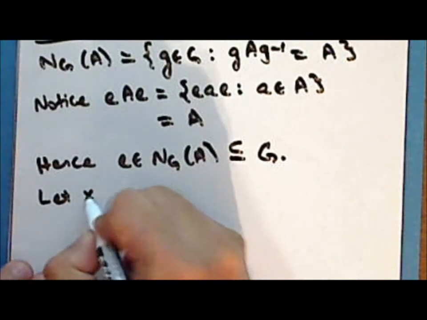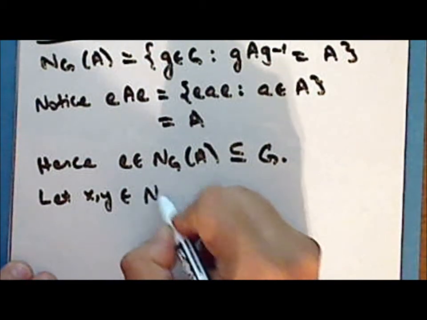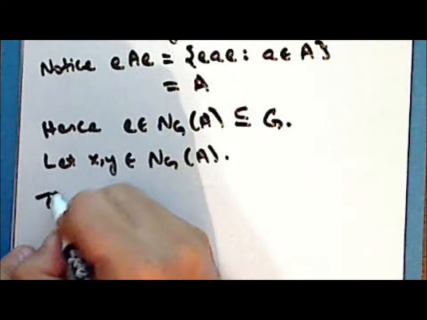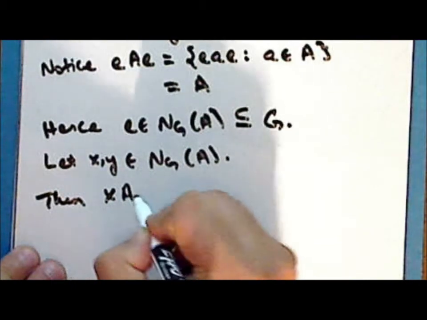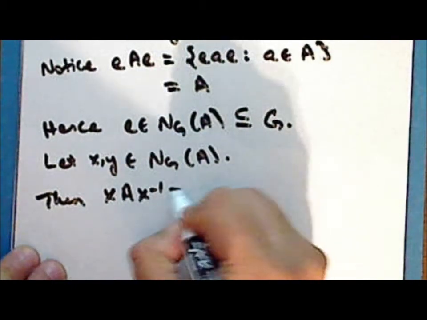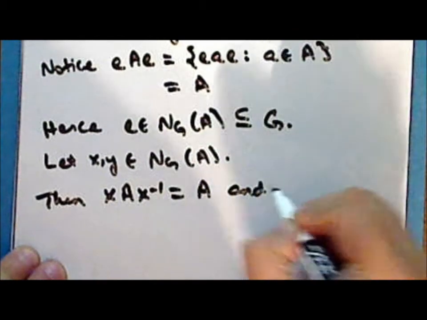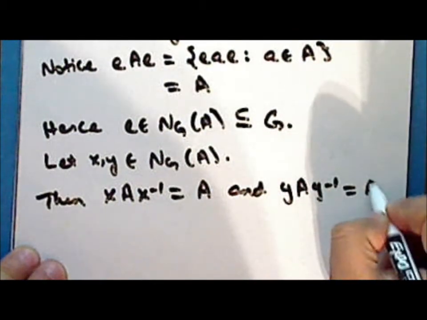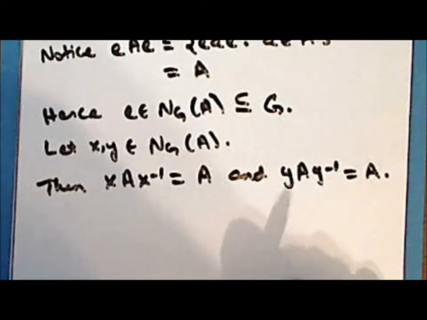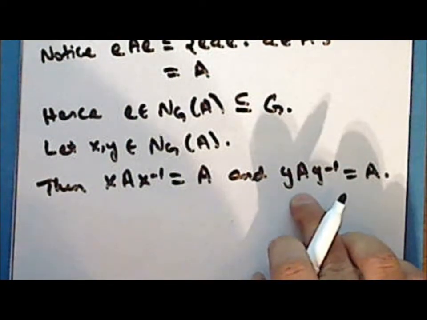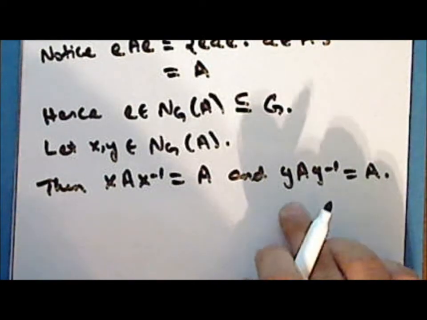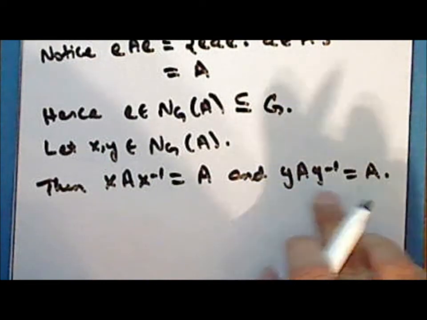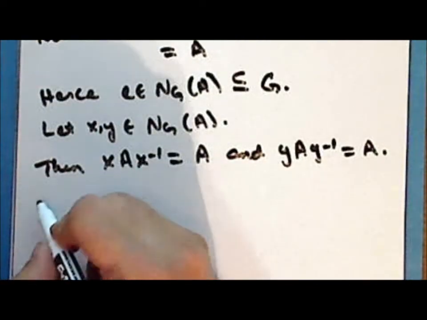Now let X and Y be two elements in the normalizer. Then the set of conjugations of the elements in the set A by X is equal to A, and the set of conjugations of the elements in the set A by Y is equal to A. Now we can take this set, the set of conjugations of the elements in the set A by Y, and multiply each of those elements on the left by y inverse, and on the right by y, so that